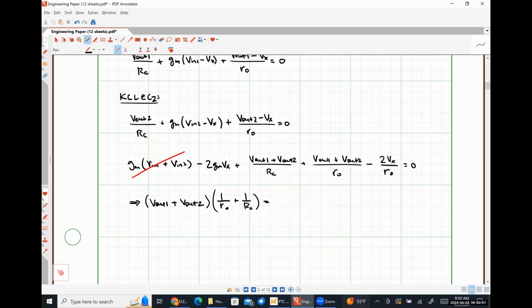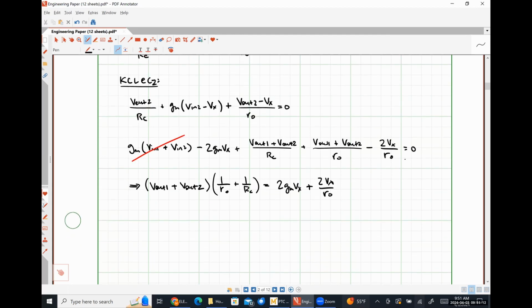I'm going to move my Vx terms over to the other side. So that's going to look like twice GM Vx plus twice Vx over R naught. And from here, I can say that Vout1 plus Vout2 is equal to twice GM Vx plus twice Vx over R naught,